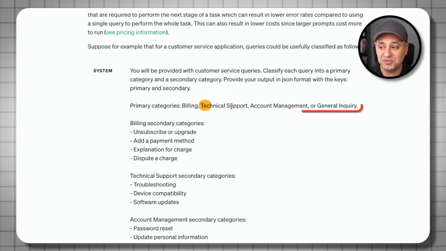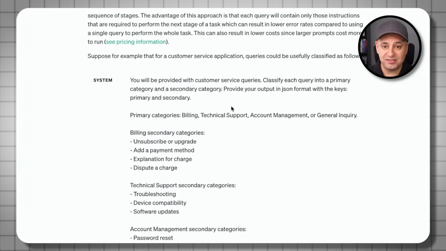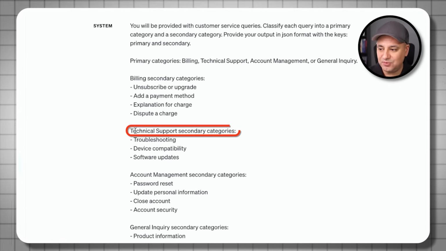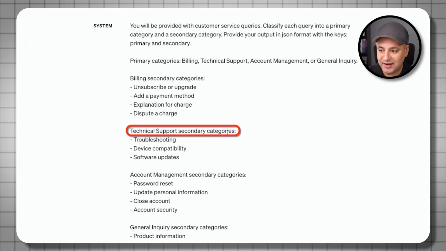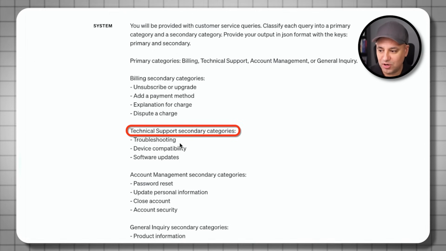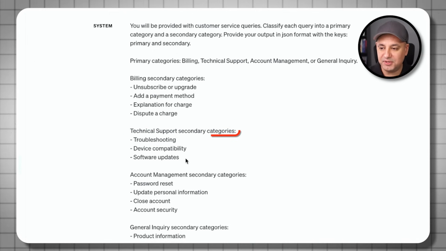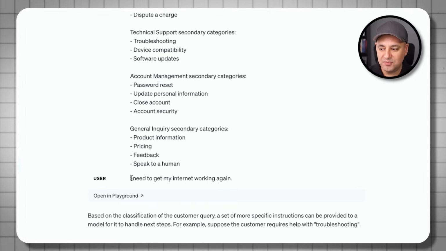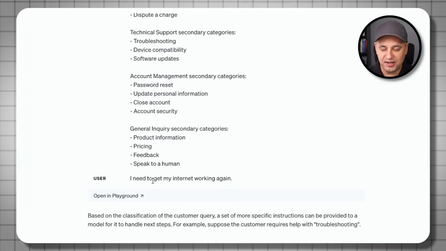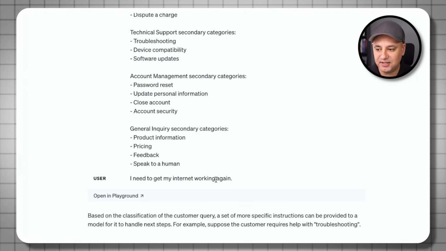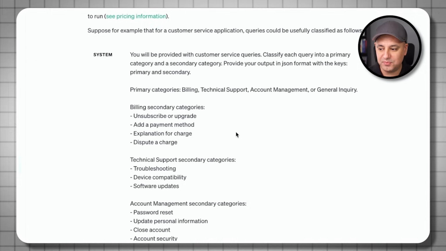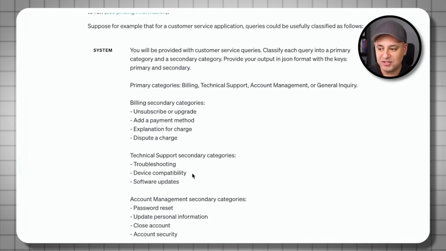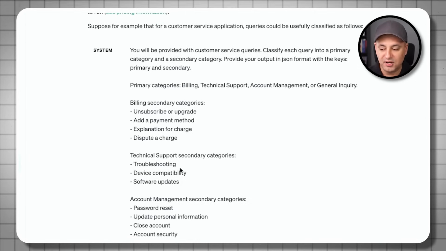But then within technical support, this is where the subtasks come in. It says, tell what technical support can have in secondary categories: troubleshooting, device compatibility, software update. Okay, then it will just make the judgment, again, using AI, to figure out what does internet not working mean. Well, first, it means technical support. Then secondary means device compatibility or troubleshooting, depending on which way he wants to go with that, right? So you have to figure this out when you're building chatbots, but let's look at it as a simple prompt